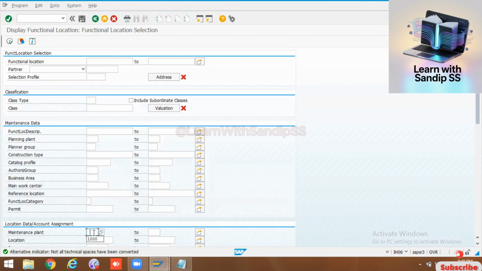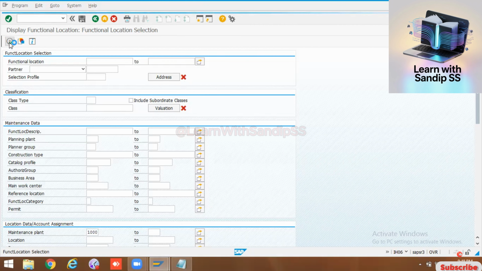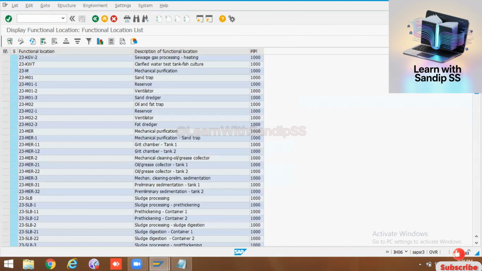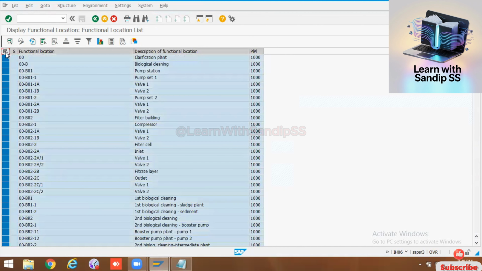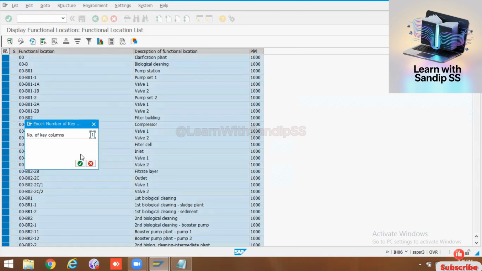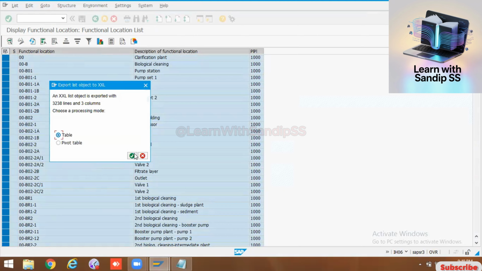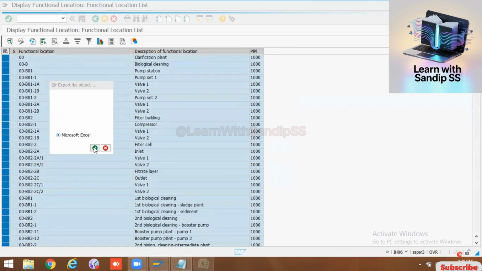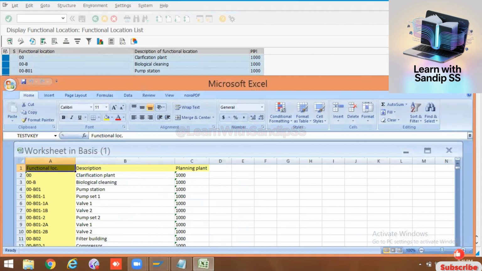Just maintain the maintenance plan. Okay. If you have any other data, update. Otherwise, simply execute. Okay, that many functional locations. Again, you need to restrict because in your company it will be lots of data. Select, just click on spreadsheet. Just okay on table. Okay, Microsoft Excel. Okay, see on Excel. Again,